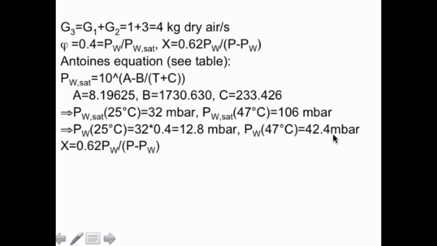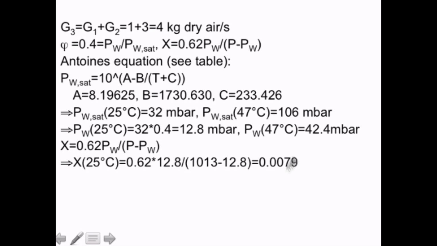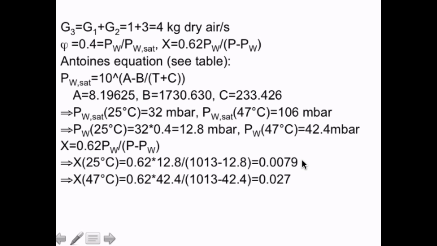So we can calculate X using this equation here, and we get 0.62 times 12.8 divided by 1013 millibars minus 12.8, and we get 0.0079 kilogram water per kilogram of dry air at 25 degrees, and the 47 degrees air has